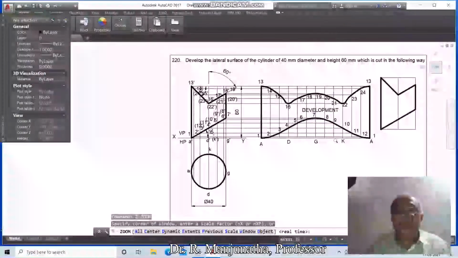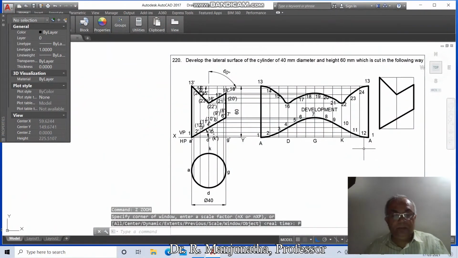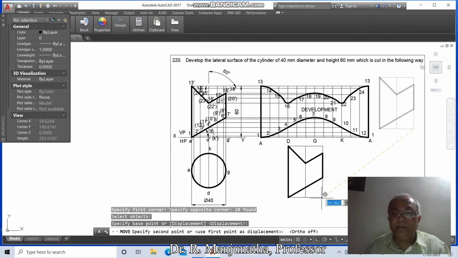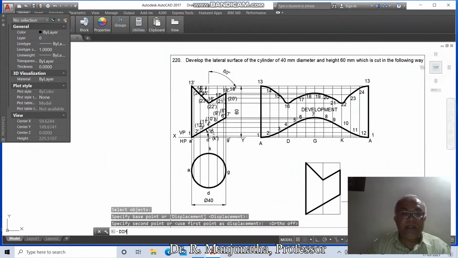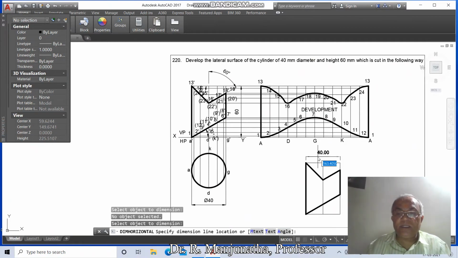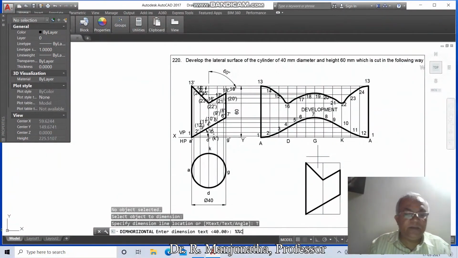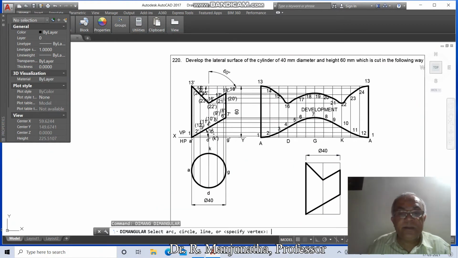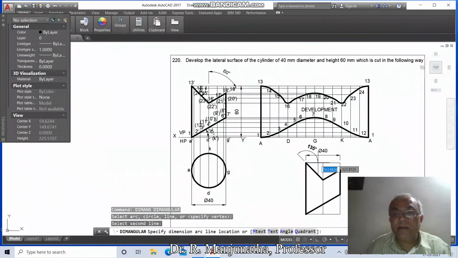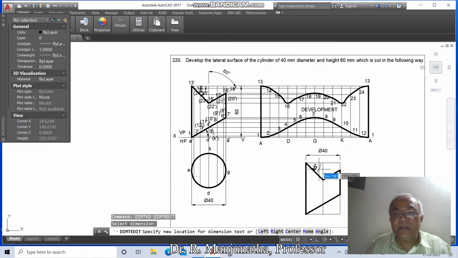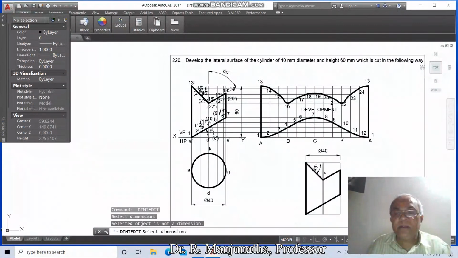then go zoom previous, then go to move, select this entire thing, then move it here, then you place it here, and then dim horizontal, select this line, take this dimension as text, %%C40, then you keep it here, then dim angular, select between this line and this line, take this angle as 45, then go to dim TED, select this and keep it here, and dim angular, select between these two, and